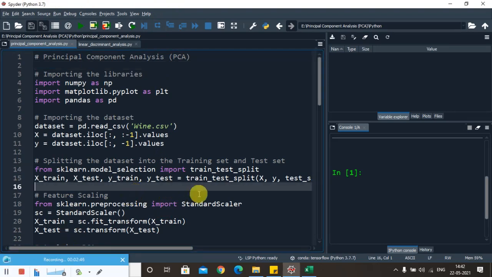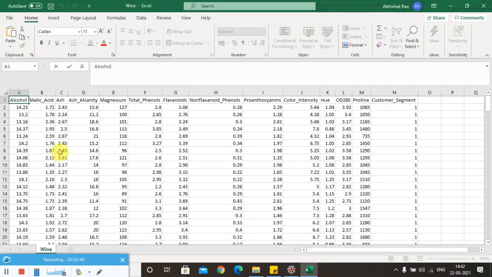We have considered a data set wherein we have collected information about wine. This data set is borrowed from the UCI machine learning repository. It provides various information about the wines, starting from alcohol up to proline. Each row corresponds to a wine, and for each one we have features associated with it. Similarly, for each of these wines we have the customer segment to which it belongs.